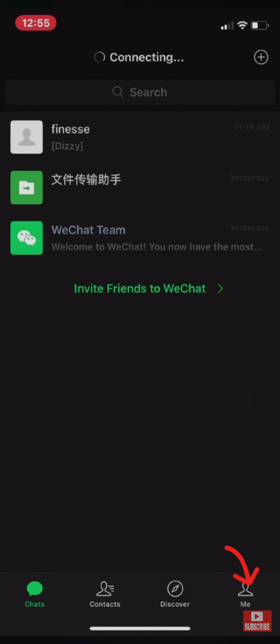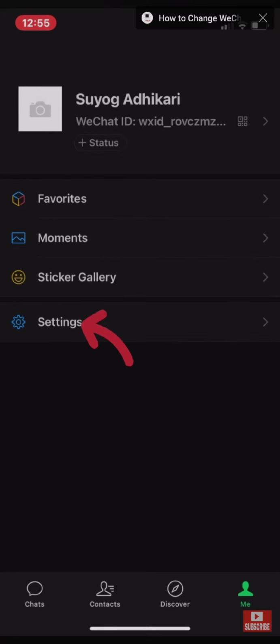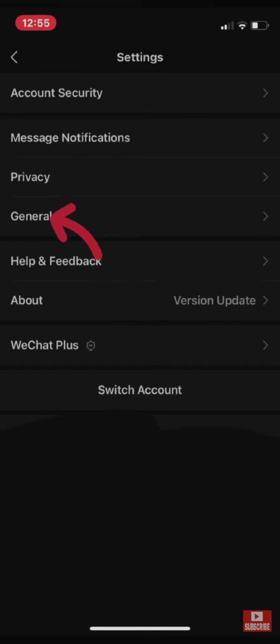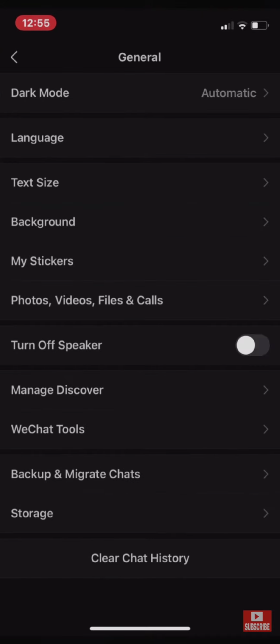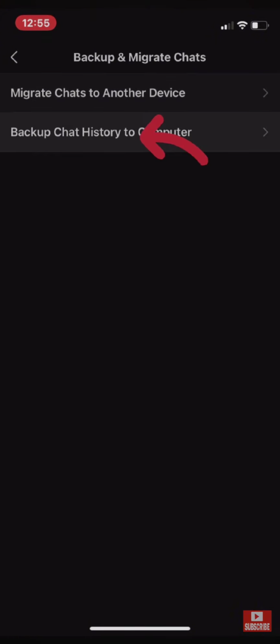So once you press on the Me option, you will end up on this page where you need to simply press on settings. So after clicking on settings, you need to click on the general option, and then you need to select the backup and migrate chat and simply press on migrate chats to another device or backup chat